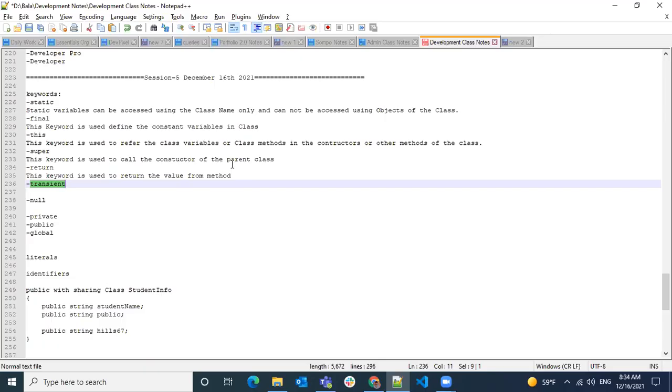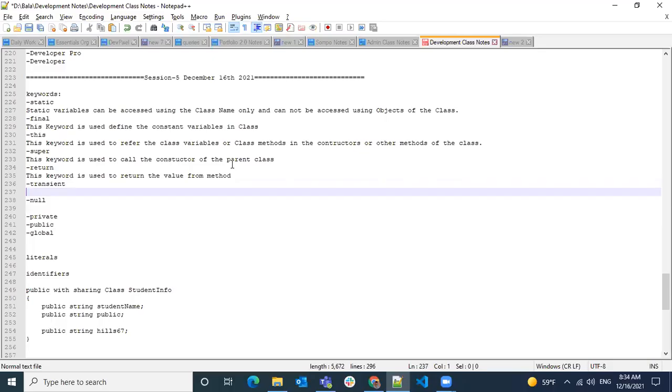This time again we lose the value of the transient variable, so it will not be stored during the page lifetime. It is a temporary value used when there is no need to store that value throughout the page operation. Then we use this transient keyword.